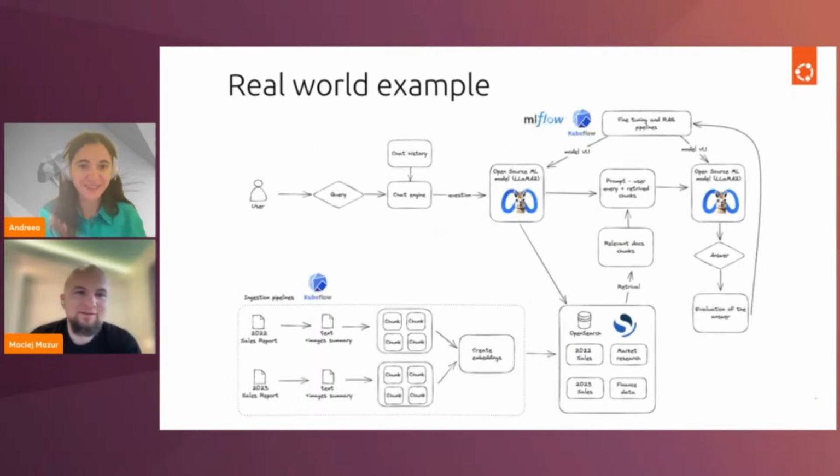What about this one? Yeah, this one is more of the real world. As you can see on the bottom left of that picture, you have the thing called ingestion pipeline. In reality, it's not a single PDF that we will take and want the large language model to be able to answer about. In real businesses, you have tons of data, and there will be tons of different pipelines trying to translate them correctly into a textual format. There might be some data which are charts or images, and you need to use different ML models to actually extract what is on the image into text so that you can feed it into your vector store.